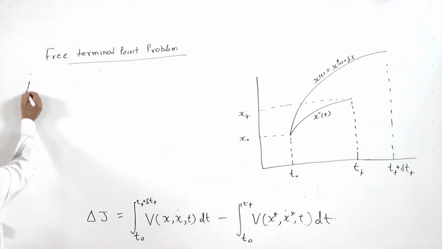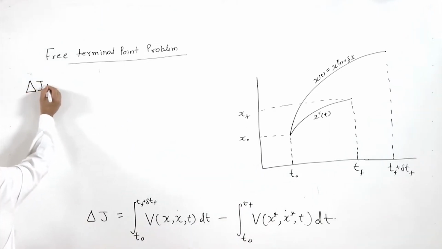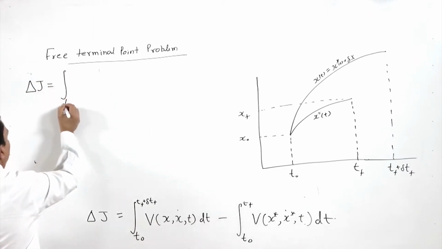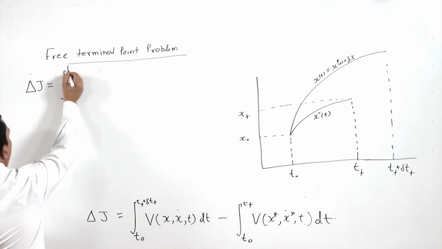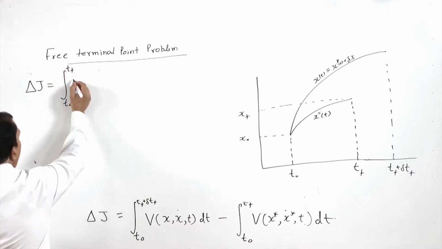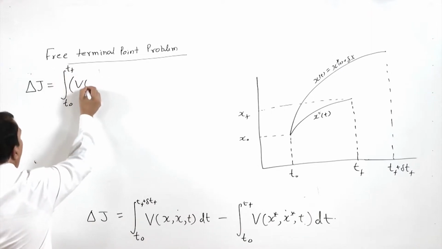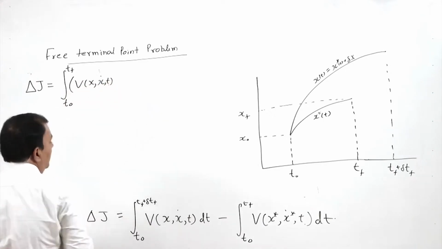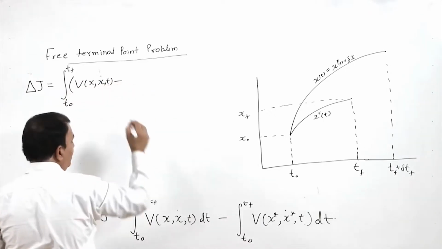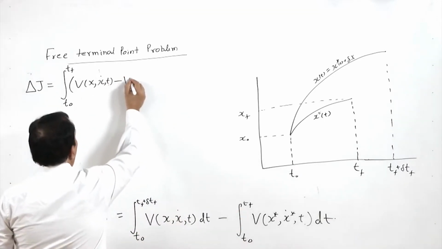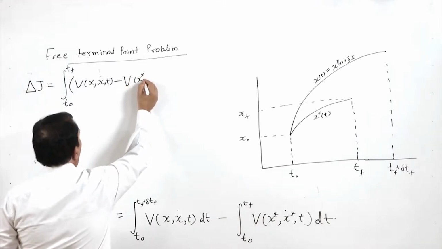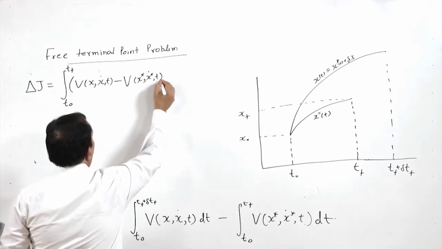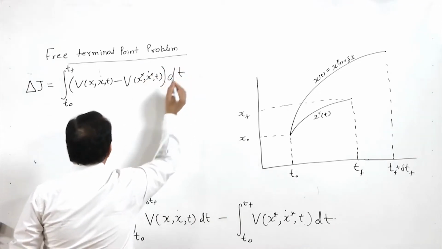So I can write my delta J as the integral from t0 to tf of V(x, x dot, t) minus V(x star, x dot star, t) dt,